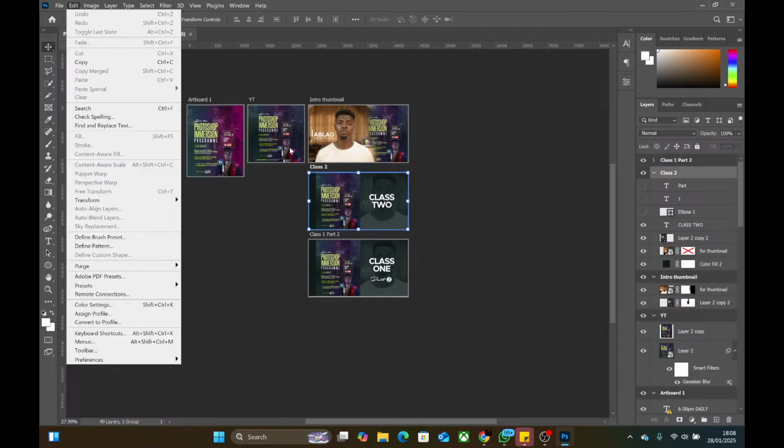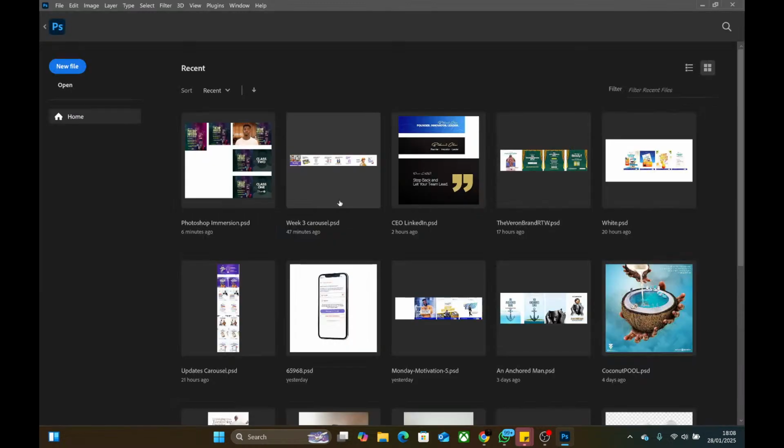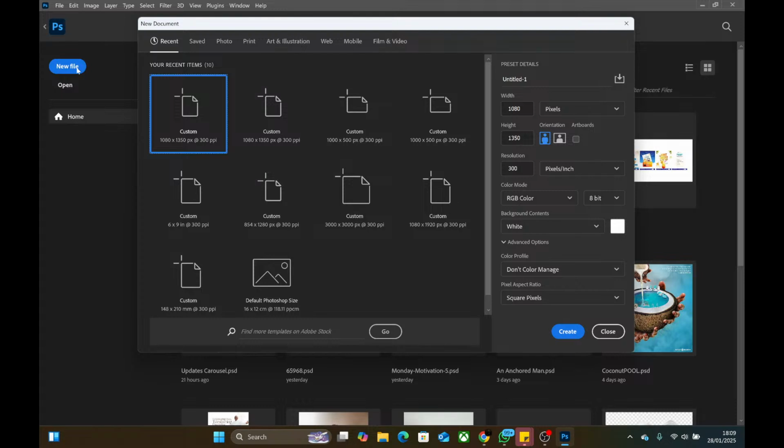Yesterday, I mentioned that to create a new file, once you open your Photoshop, most likely what you will see will be like this. It will look like this, but you will not see this area, the recent files that I worked on, because it is your first time opening Photoshop. So you are going to see something like this, new file, or something around this area that tells you new file. Then you just click on this new file, and it will ask you for the dimensions.